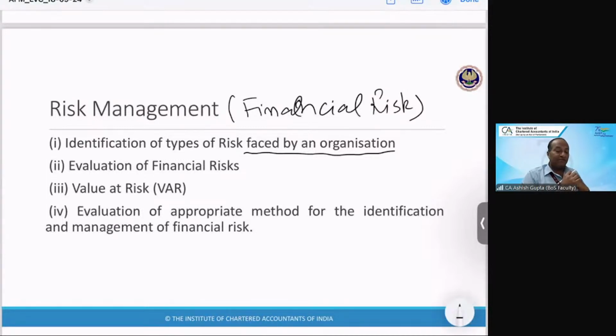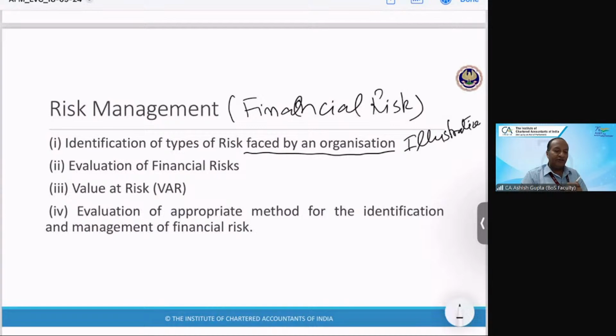But please remember, there are n number of risks, but this list is illustrative only. Okay, this is not exhaustive, because there can be n number of risks. Different kinds of risk come into the picture. So we cannot say, but however, we have just covered the very important types of risk in the first section, you can say the first topic of this chapter.